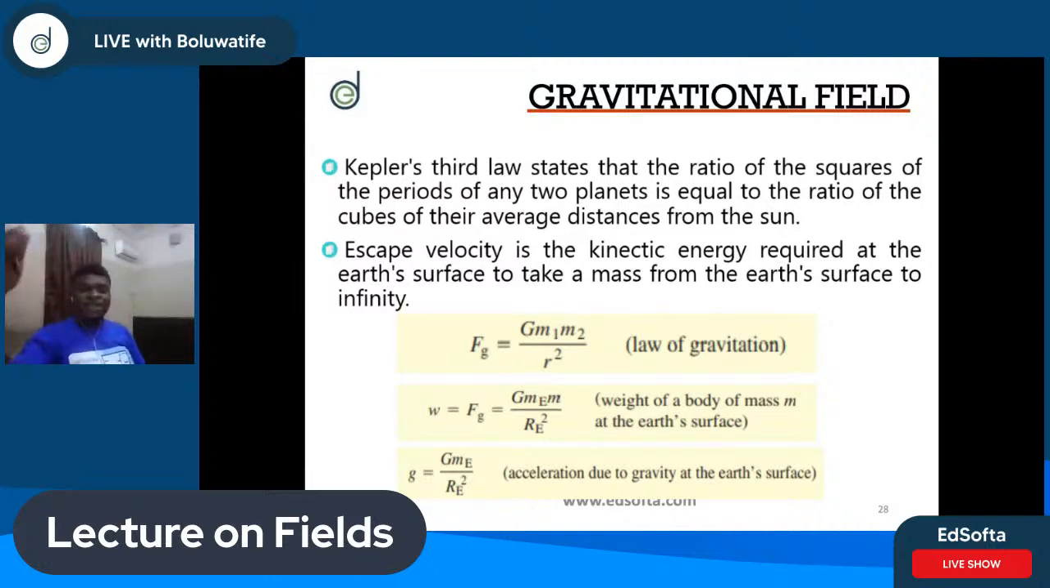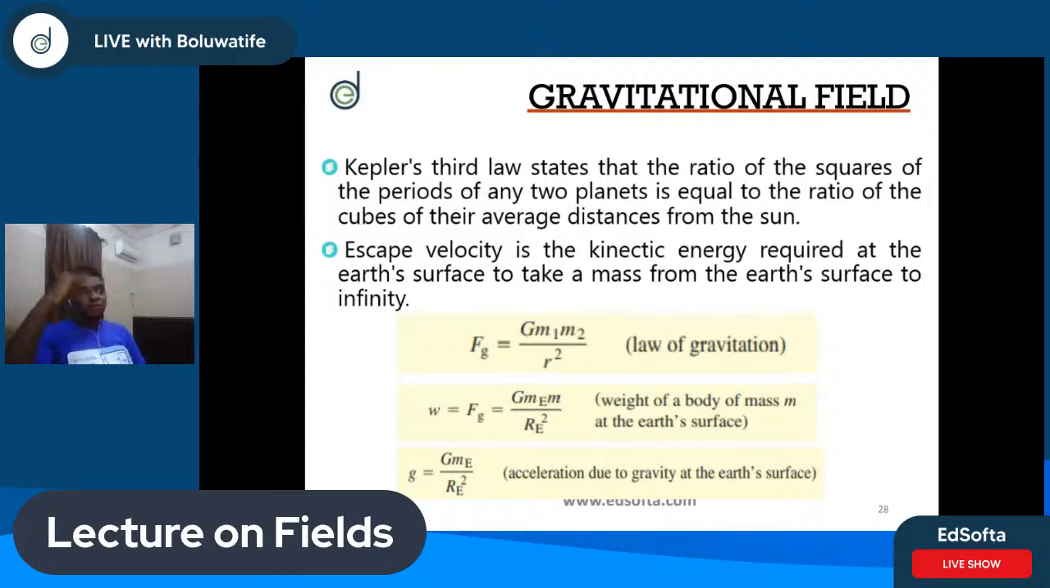So what he's saying here is that if I square the period of Mars and Earth, and find the ratios, and divide the two together, I will get the same thing as the cube of their distances between the sun and each of those planets. So if the distance between the sun and Mars is 3 kilometers and the distance between the sun and Earth is, I don't know, 5 kilometers,